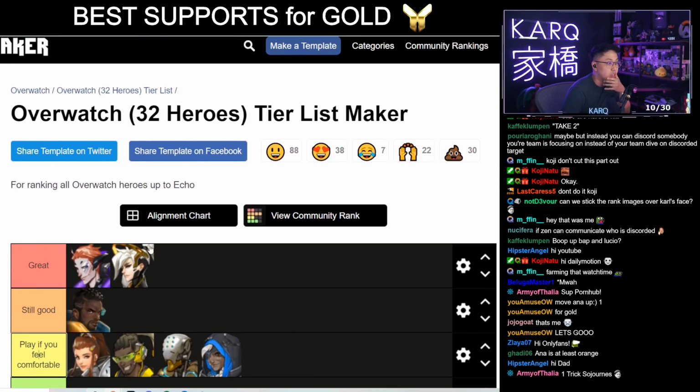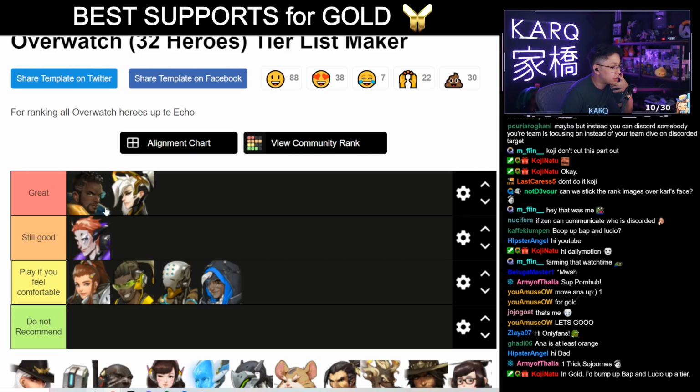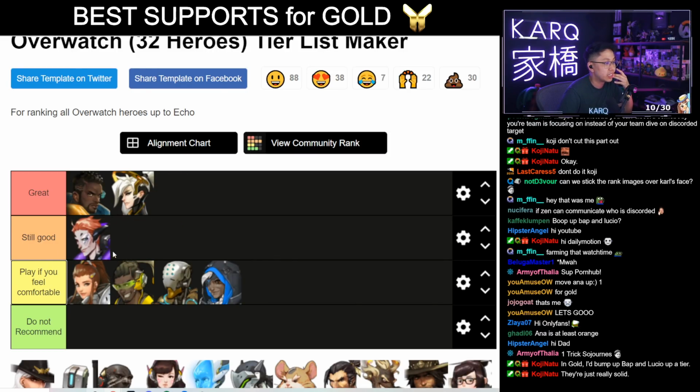But I will say in Gold, I'm going to bump Moira down by one. Still a good choice, but here in Gold, I've seen some pretty good Gold players here and there. There are some shining Golds that are pretty solid, and this is where I think I can bump Moira down. It's starting to get to the point where Moira might be a bit more situational, because if you're playing the comp, like, I don't know,